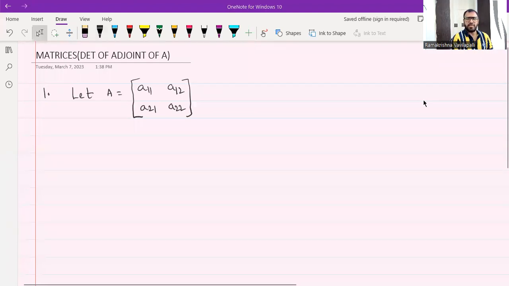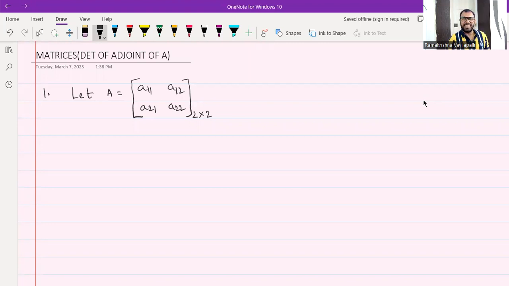Here I have taken a 2 by 2 matrix. Based on this, after that I'll write a 3 by 3 matrix. See, how do we find the adjoint of a matrix? Before we find the adjoint of a matrix, we must know what a cofactor is. So here I am writing the cofactor of